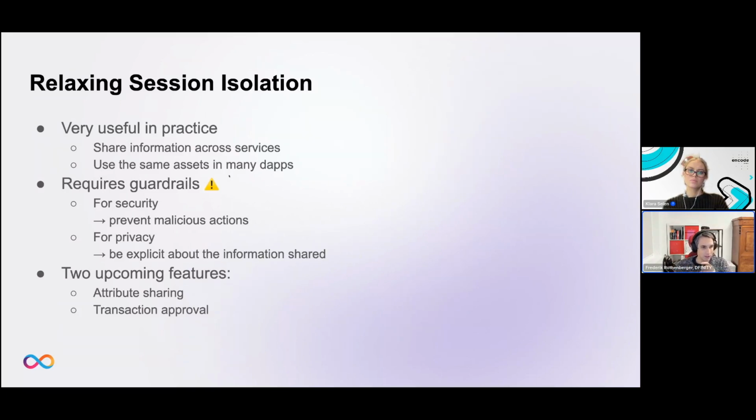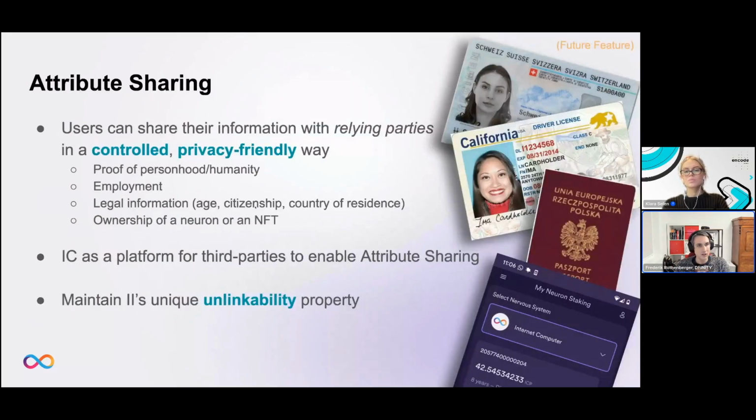And the first one that I'm going to talk about is attribute sharing. So this feature is about exchanging information between applications in a very controlled way, and as an action that requires approval. And this data that could be exchanged are various verifiable credentials. They're usually used in a proof of humanity, or you could have it for some employment